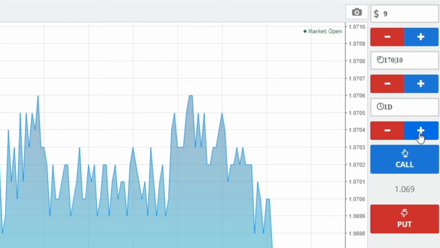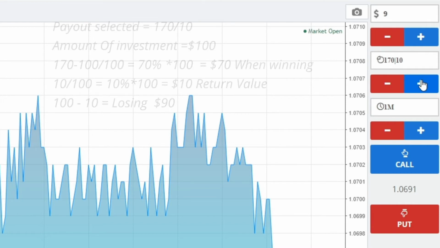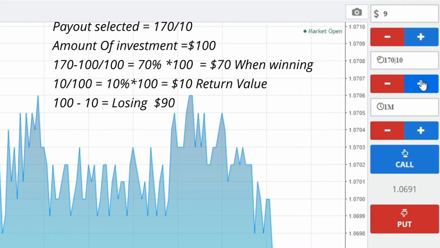1 minute up to 1 month, after which your order will expire, and the payout value, which determines the amount you profit versus the return amount when you lose. They are 160 over 20, 165 over 15, 180 over 0, 170 over 10. For example, if you choose 170 over 10 and you're investing $100, that means if you